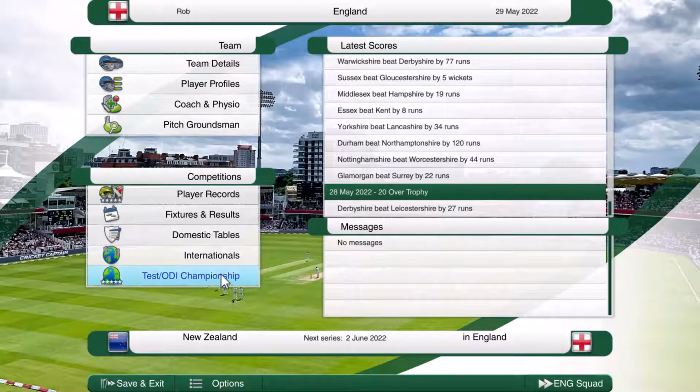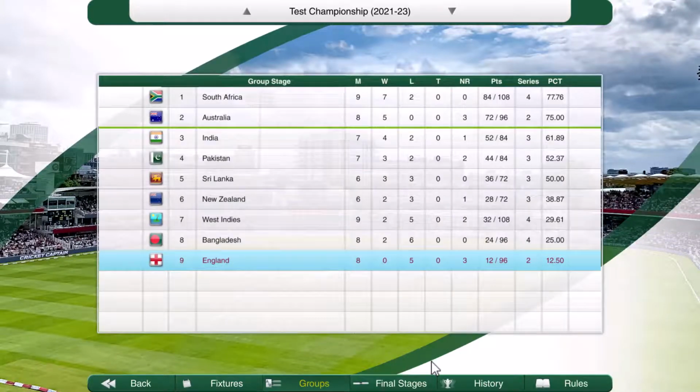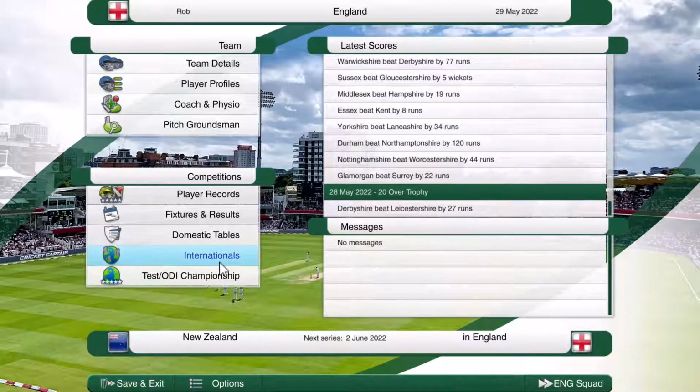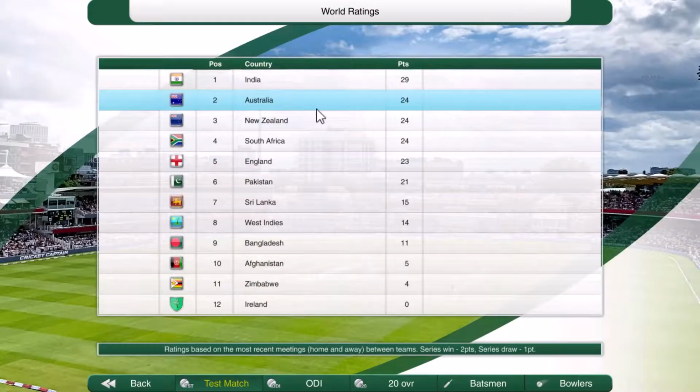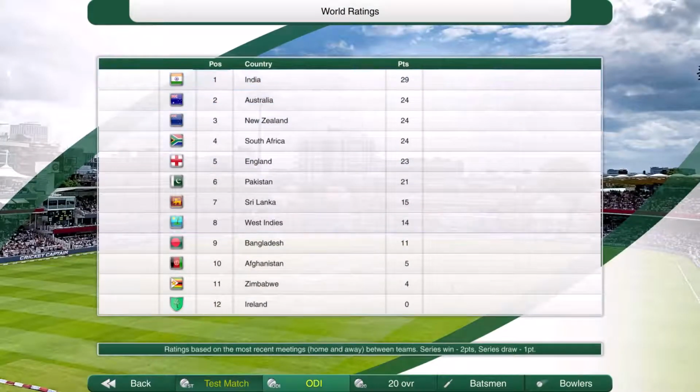Today we're starting a brand new rebuild. England, all three formats. England in real life have really started their rebuild in Test cricket since McCullum came along, and they're in this amazing McCullum era. We're going to try and replicate that and take England to world #1 and win the World Test Championship,